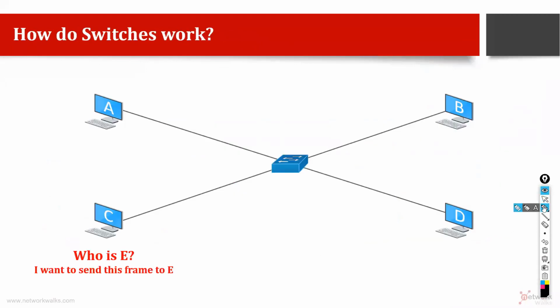Let's say computers are connected through a switch. There are 4 computers connected to this centralized layer 2 switch. When C wants to send a message to someone like D or E, E was a device which was connected in here, but now it has got disconnected. So the switch has to find that device. When C sends this kind of message to the switch, what will be the behavior of the switch? Can somebody tell me?